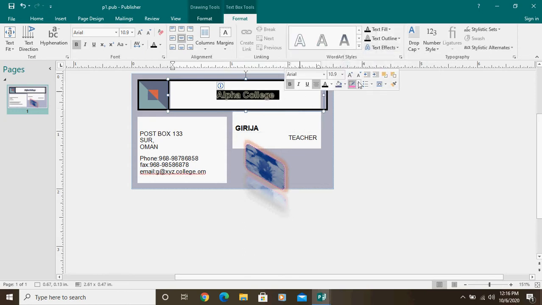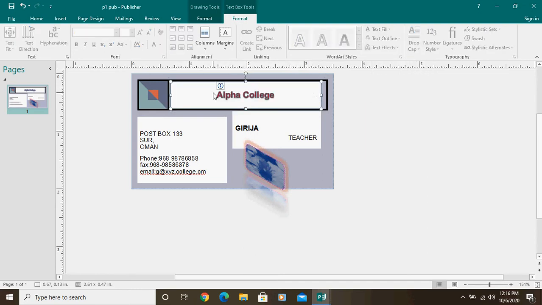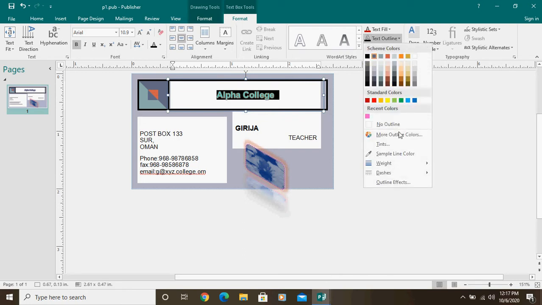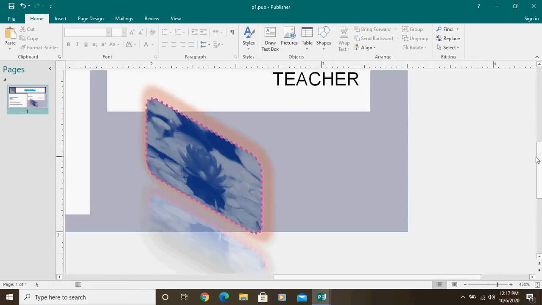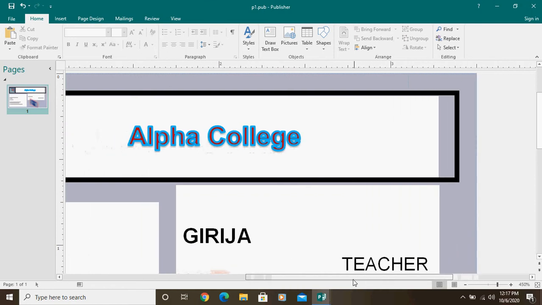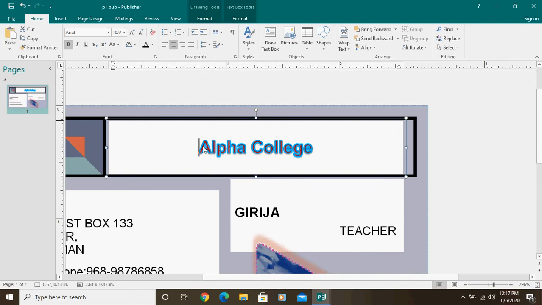Suppose I want to fill some color inside the text. You can see I can select the maroon color, the dark red, I can select dark red. If I want to select the outline color, I will select the outline color like blue. Outline color is blue. This way I will select the outline color. Can you see here? Outline color is a blue color, and I select it like this. So this is a method I will do.